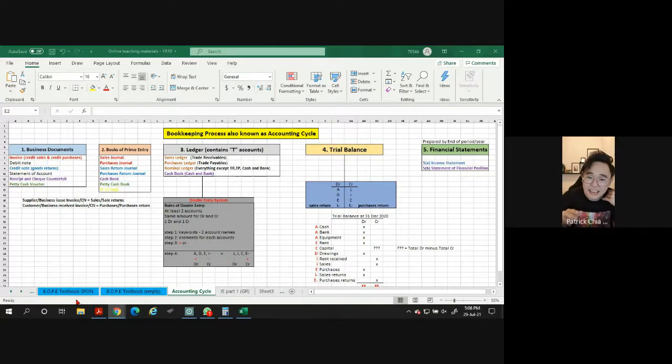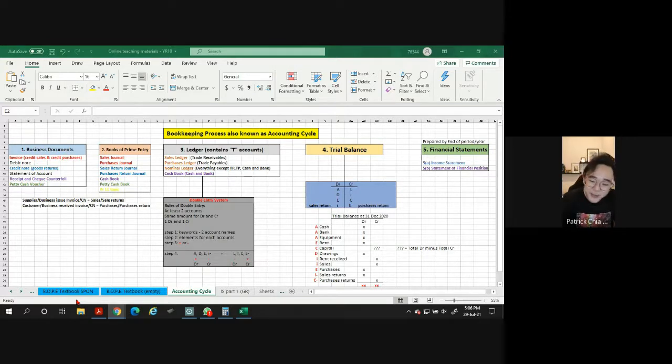We're talking about the basics as if we don't have any computer, no technology, only books, pencil and pen. So we actually have to draw out the books and draw T accounts and do all this. But in modern days, do you think we still do that? No, we don't do that anymore, right? We'll be using either Excel or accounting software. Accounting software makes things so much simpler.